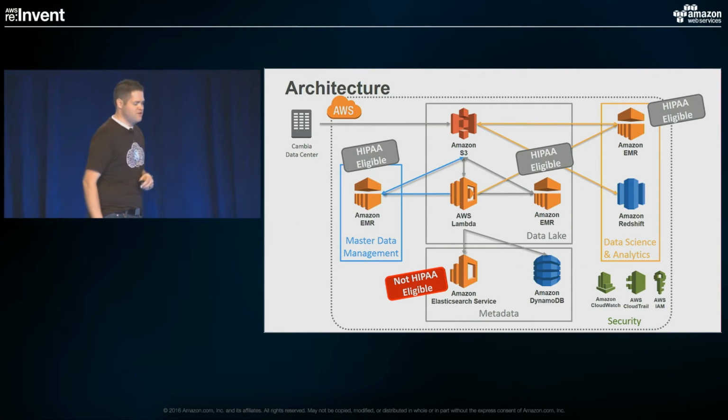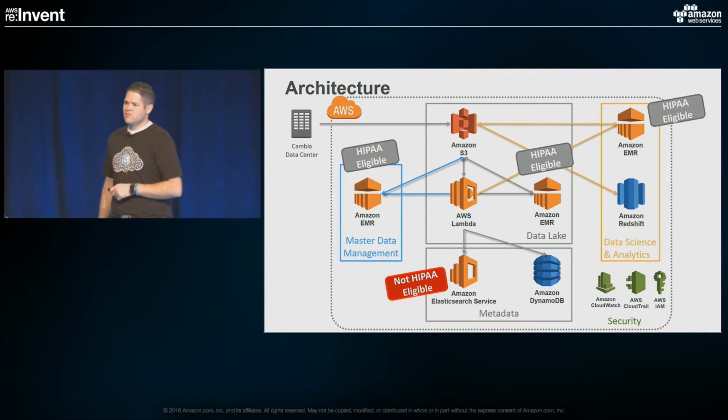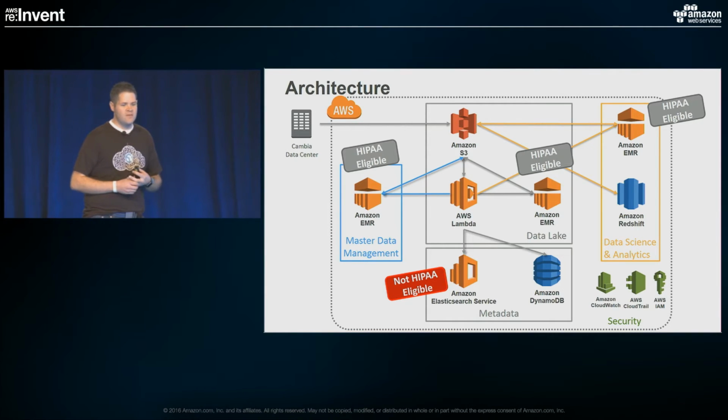So Cambia came to us and said, hey, we want to build this, and we need some help doing it. They reached out to us at OneStrategy and said, we need the details of moving beyond HIPAA-eligible service to a HIPAA-compliant service. Is that something you can help us with? We worked with them and Amazon Web Services to make sure that the services we deployed and the automation scripts and configuration we built for them moved beyond HIPAA eligible into HIPAA compliant. For example, we'll talk about some of the work we did on Elasticsearch, which is still not listed on the HIPAA eligible services, but they are using it for their healthcare workloads